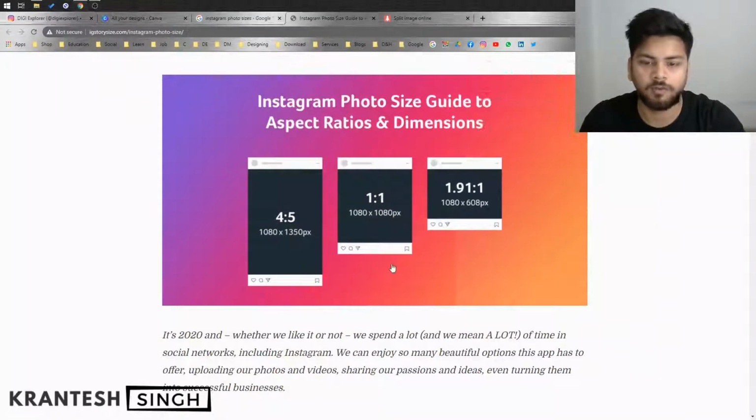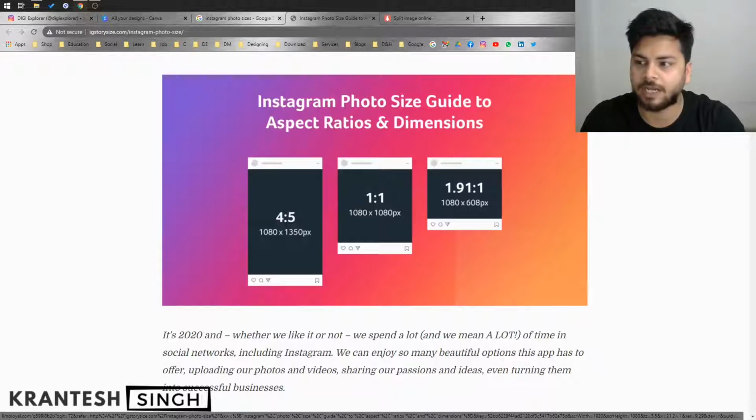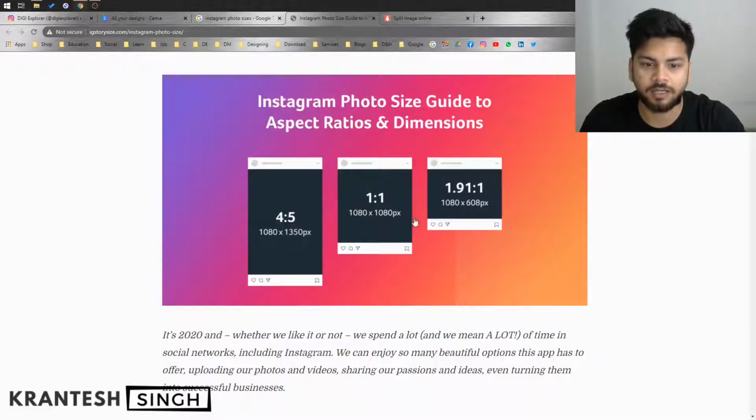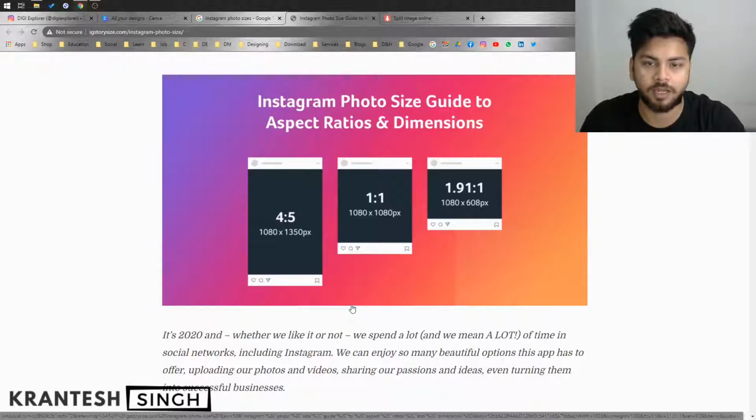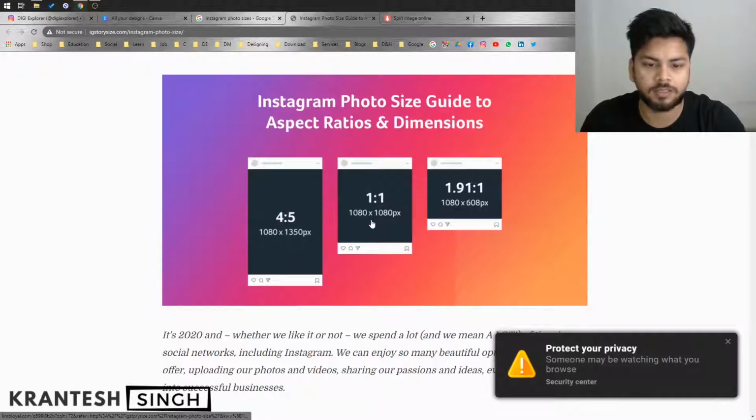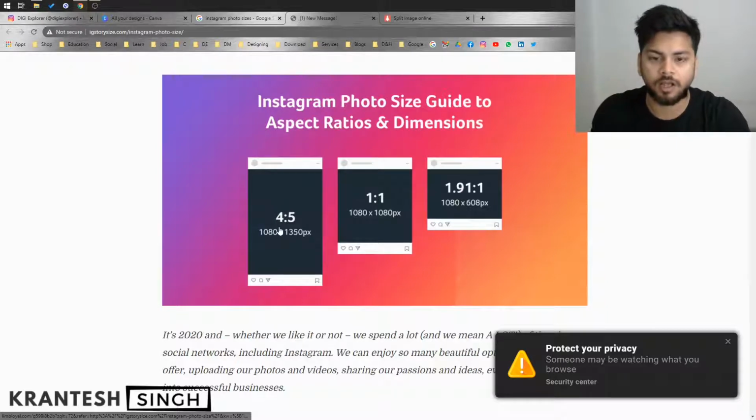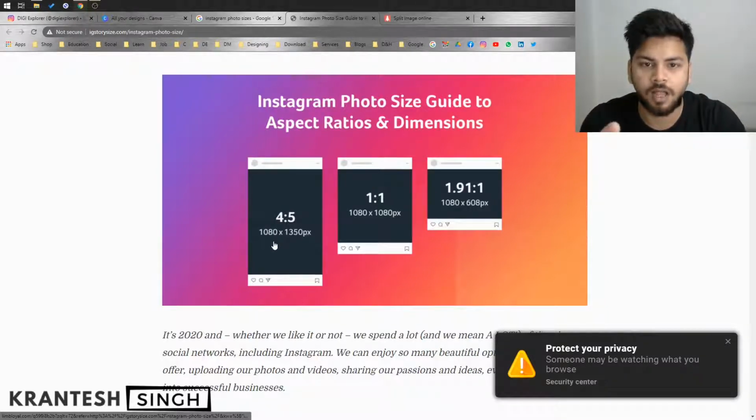First things first, we have to know about the Instagram photo sizes and guide. These are the recommended ratios and pixels that you can create carousels for. For example, if you have to create a square carousel, you choose 1080 pixels by 1080 pixels, and if you are creating a taller version, you can choose a 4:5 ratio, where the size of one image in the carousel will be 1080 by 1350 pixels. You can also go for landscape carousels, but the most frequently used are the square one and the taller 4:5 one.